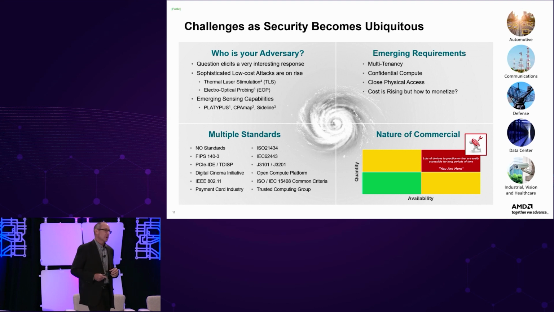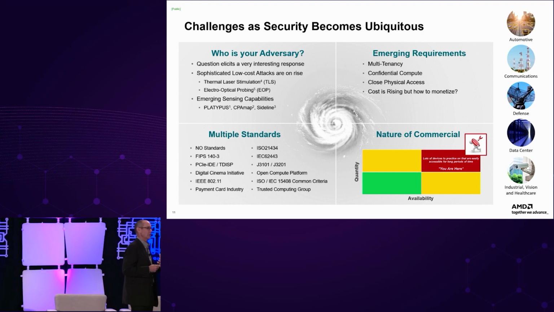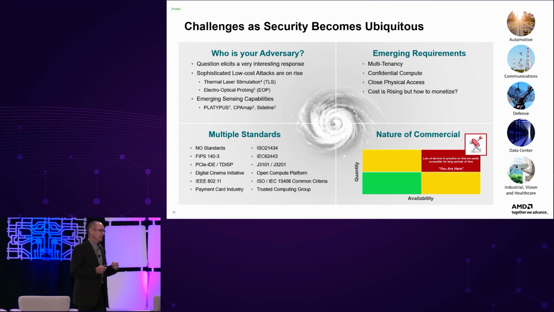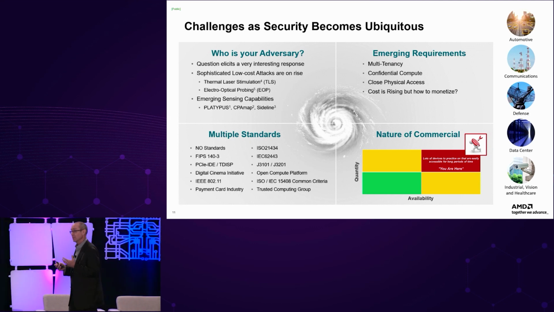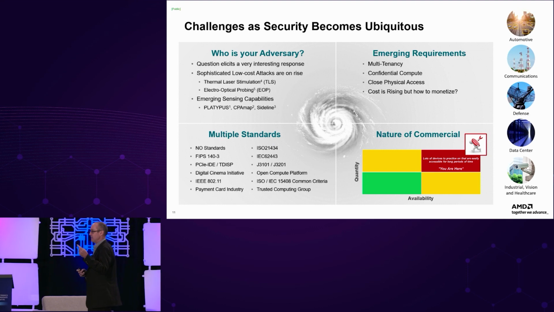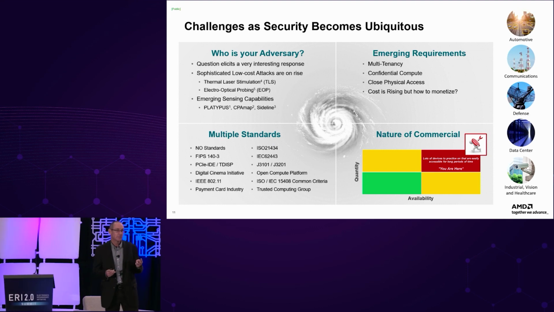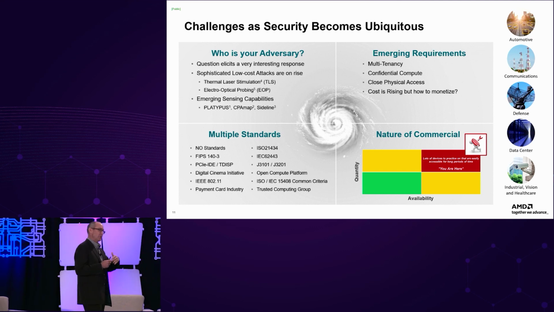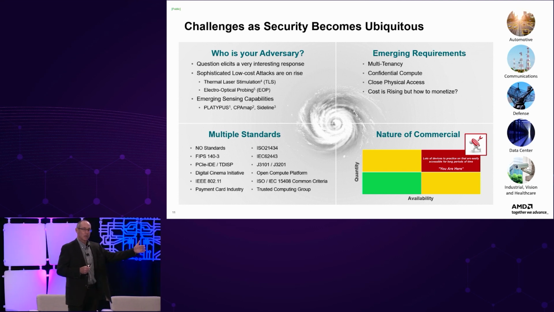We start looking at confidential compute. So here we're not just worried about protecting data at rest anymore. We're talking about protecting data in transit and while it's operating. And that leads to many different things, like, for example, now I need to encrypt my interfaces, PCIe, Ethernet, the memory controller.